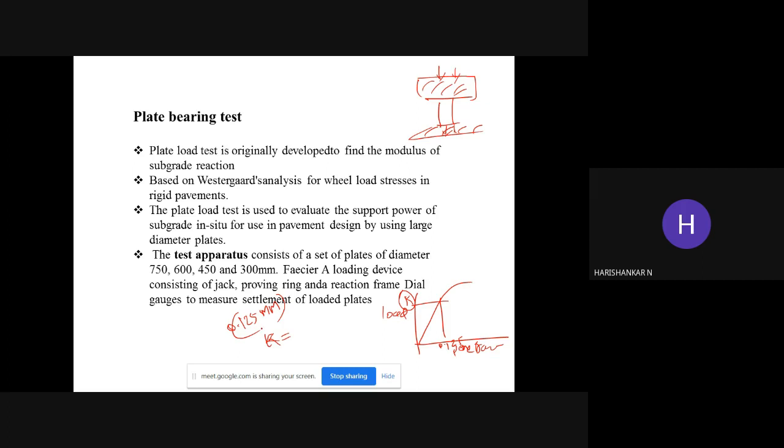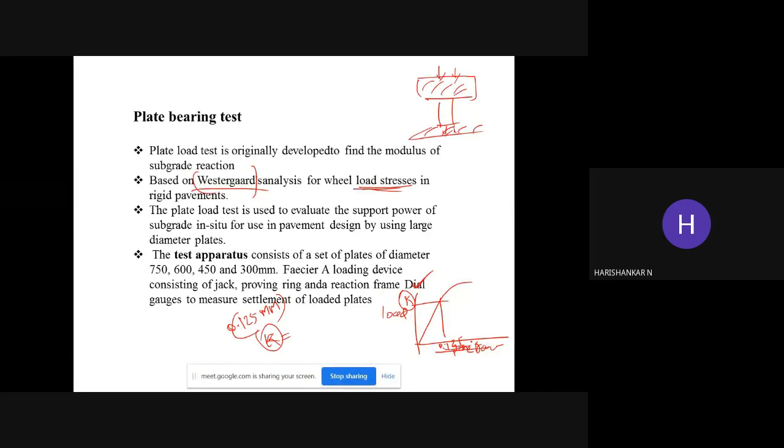And why are we using this K value? There is an equation, Westergaard's equation. Based on Westergaard's equation, if you want to calculate the wheel load stress, then you should know the K value. So using this K value, we can substitute it in the Westergaard equation. The Westergaard equation is given in the class note. You can directly substitute the K value, or in the exam if they ask it as a problem,